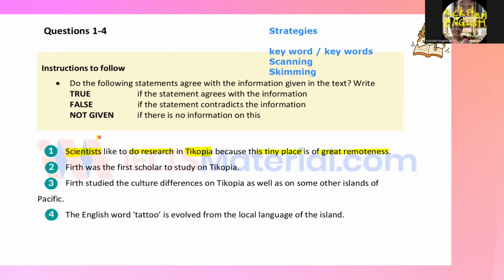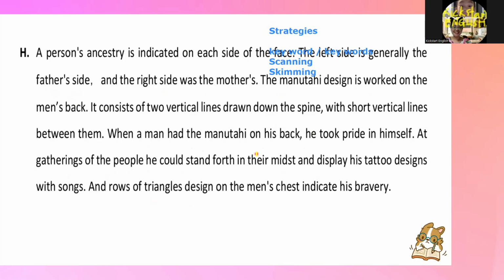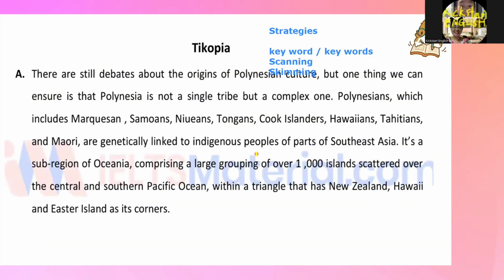So we have to look for the subject first, the action, and the place. Once these are completed and you can find them in a paragraph, you stay on that paragraph and understand, and that can be your clue to find the answer. So now, remember: scientist, do research, Tikopia, tiny place, and great remoteness. Of course, we have to go to paragraph A first. In paragraph A, we are going to look for the word scientist. This is scanning. You're going to scan for the word